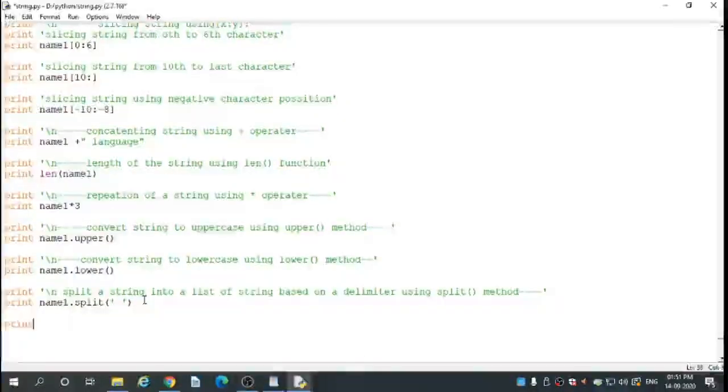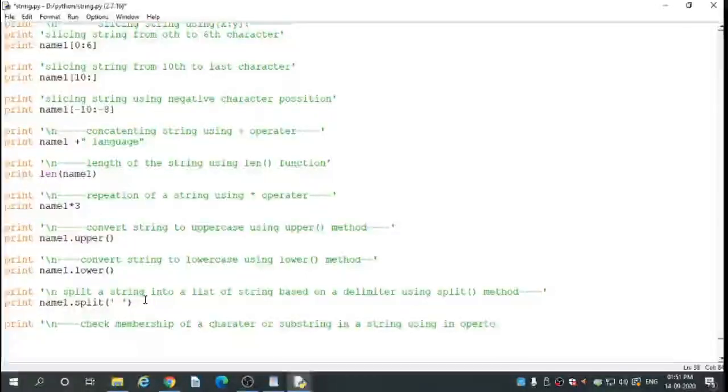Next print single quote \n check membership of a character or substring in a string using in operator. Single quote completed here.